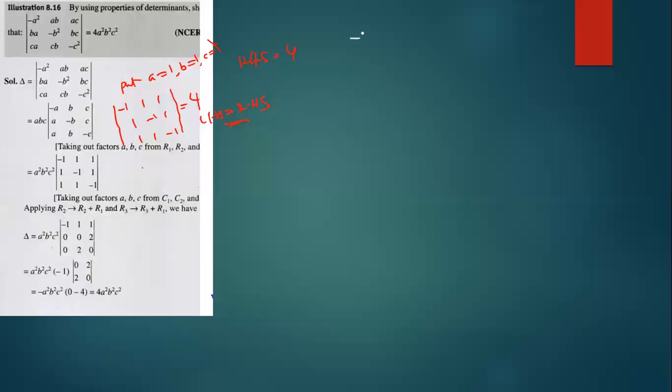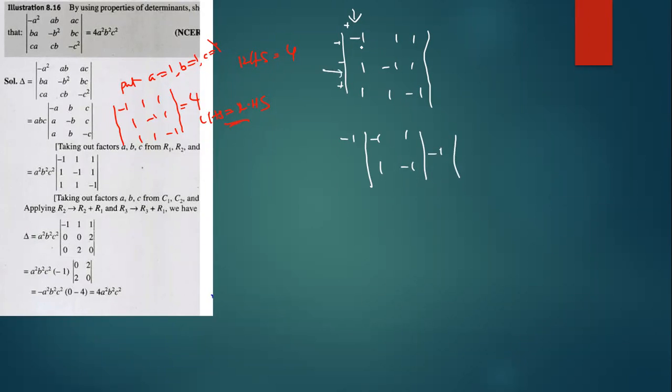What is the number? Expand is 1. Anyone? What is the answer coming? See carefully. Now I am expanding along the first column. This is plus, minus, plus. We should take it like that. So what is the remaining? Minus 1, 1; 1, minus 1. Minus into 1 into, remove this row and column. What is the answer? 1, 1; 1, minus 1.